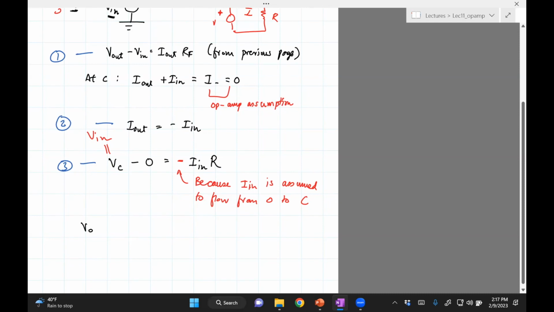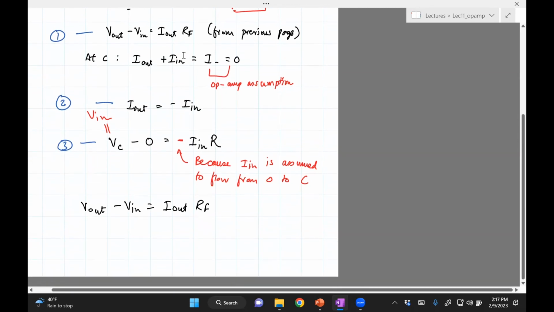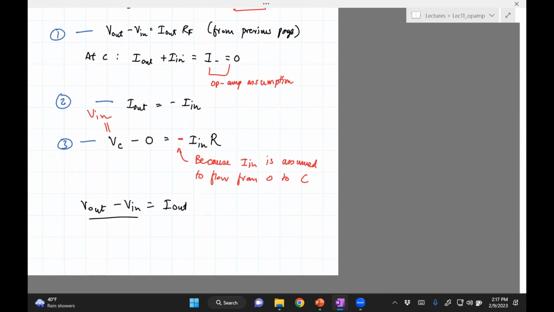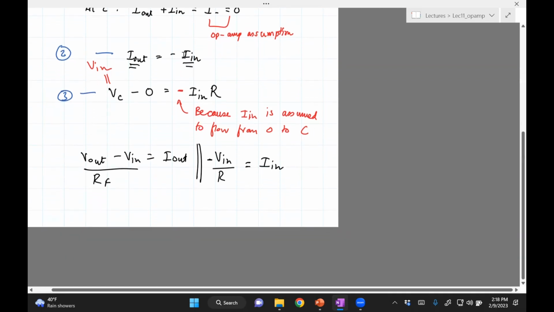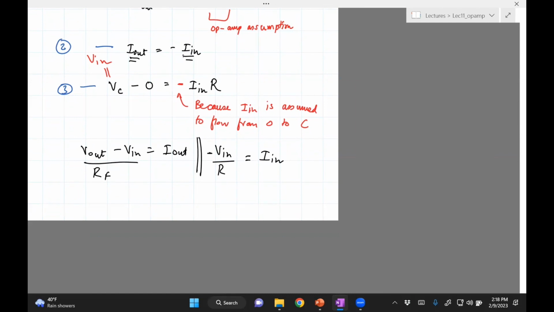So we have V_out minus V_in equals I_out RF. This is the first equation. I can write the third equation as minus V_in divided by R equals I_in. But then I know that I_out is negative I_in, so I can just use that now to get